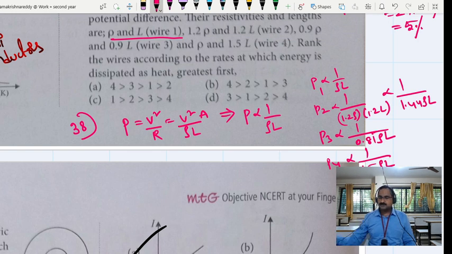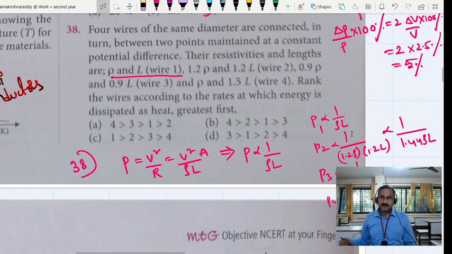So what answers are we getting here? That is the important thing. If you want to take a ratio, normally you take P1 is to P2 is to P3 is to P4. Otherwise, power and the heat dissipated or heat lost are directly proportional, so you can take it that way also. No problem, it is like a ratio only. Then what values are we getting? You tell me the answers. Here the first case is 1 divided by rho L. You leave that one and calculate the remaining values.